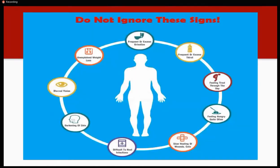So these are some signs that you should not ignore. These are signs that you could be a diabetic or pre-diabetic. Frequent or excessive urination, frequent or excessive thirst. Typically, with diabetes, the first symptoms are that you're thirsty and you're always urinating, feeling tired throughout the day, feeling hungry quite often,